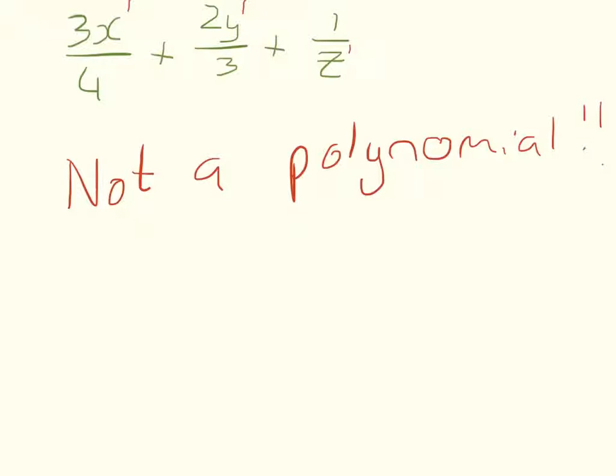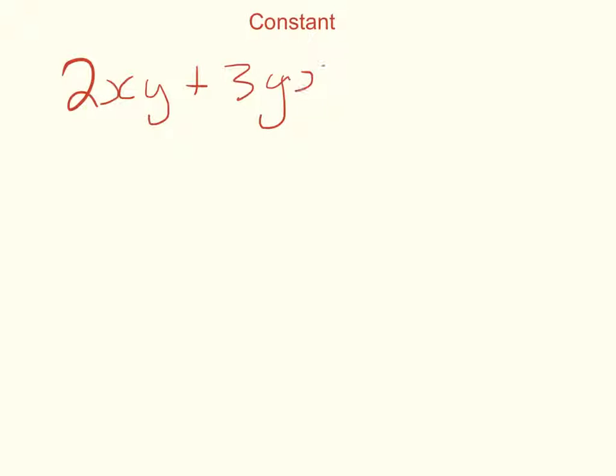Okay, so the thing we need to know about polynomials is this idea of a constant. What are constants? Well, if I have an expression being 2xy plus 3yx squared plus 6, well, these have variables. This term has a variable. This term is a constant 6. So in this case, my constant